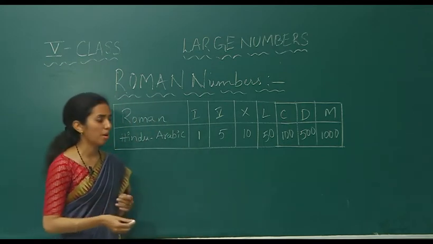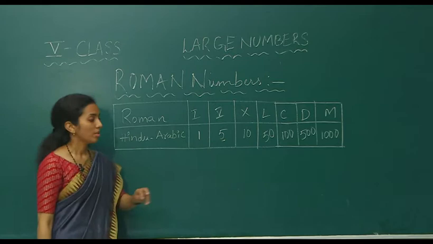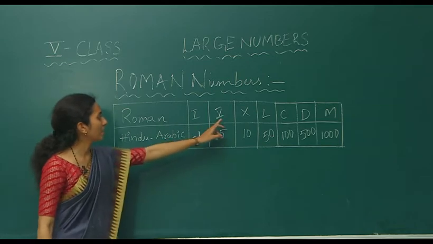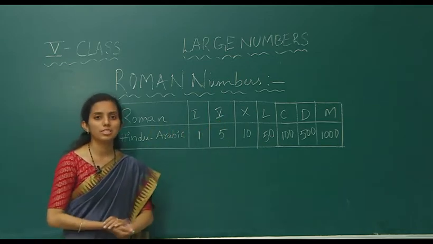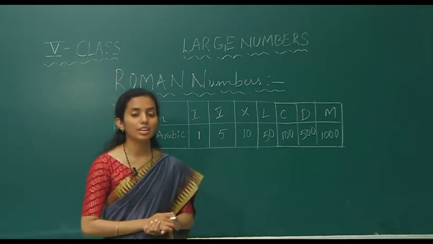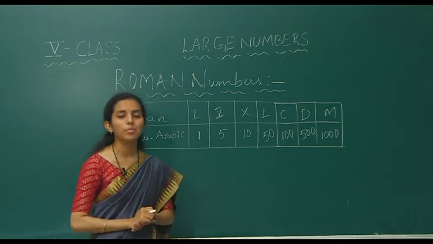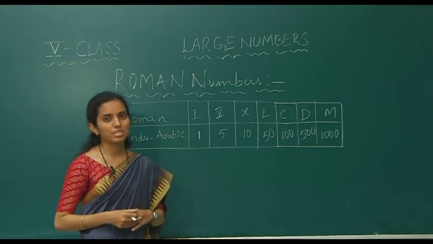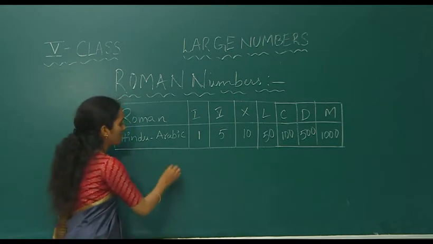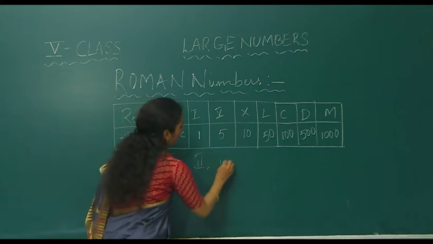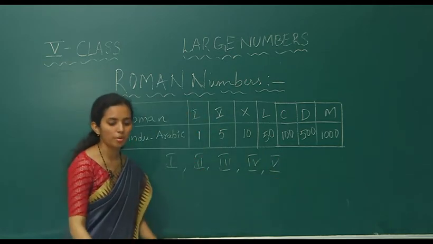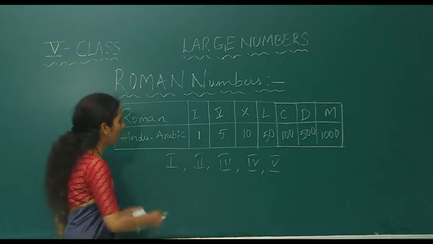But generally we write numbers like this. But why do we need to represent numbers in this manner? We represent this number in the Roman number system. There is one more number system where we represent numbers differently, that is the Roman number system, and you are all very familiar with it, because you have a habit of writing your class in Roman numbers, that is 1, 2, 3, 4 and 5. You all know these numbers. There are more numbers than these.